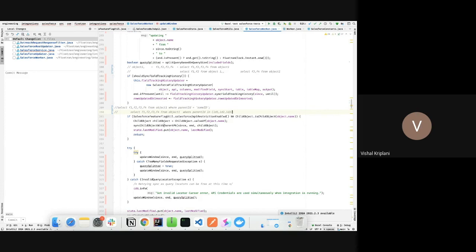So there are two ways to sync these implementation restricted objects, either by this or by this.